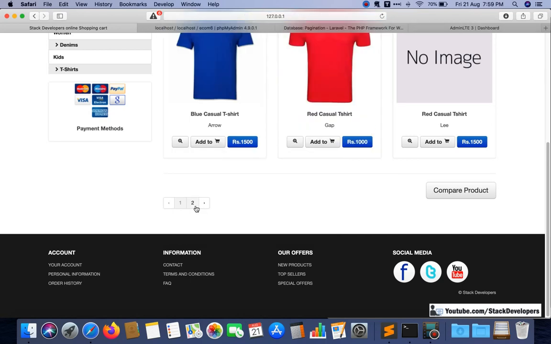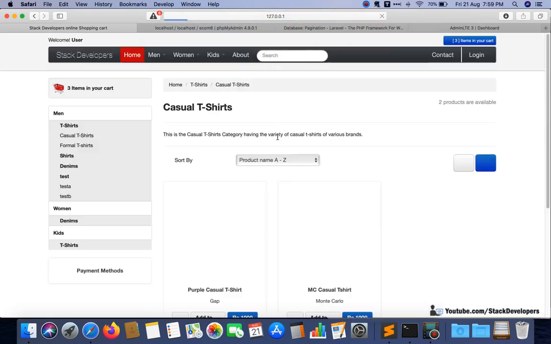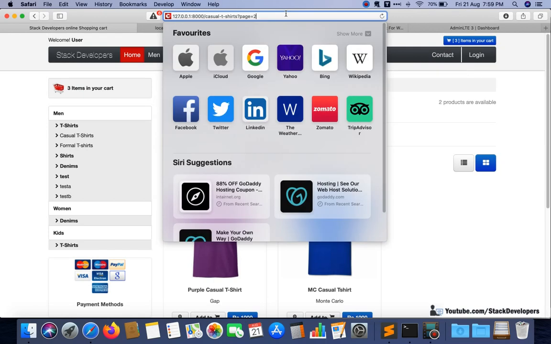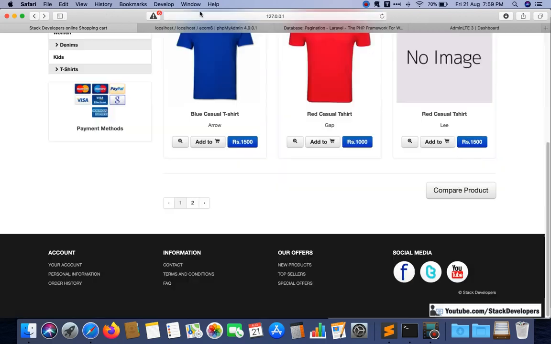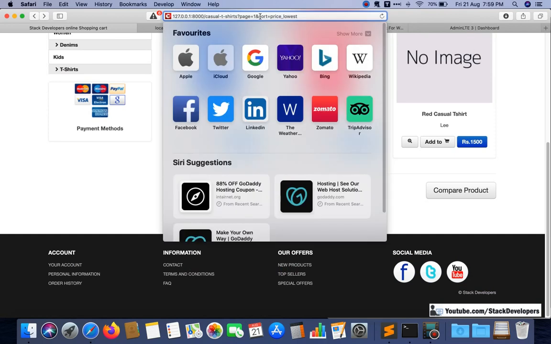If I do not use the append function, then here you can see, if I go to the second page, that sort is gone away, and the normal page of products comes up. That is the major issue. So for that, Laravel launched the append function, so that we can pass that thing in our URL, on every page.